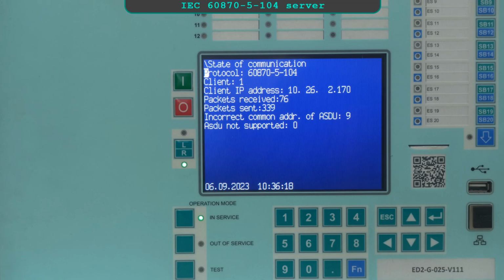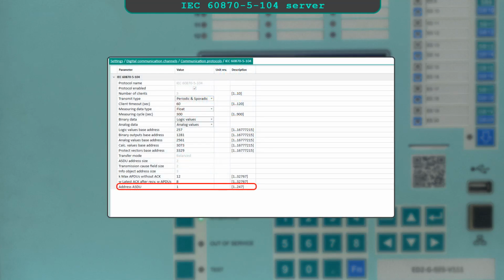TCP protocol. Incorrect common address of ASDU identifier is set as 1 if the ASDU general address over IEC 60870-5-104 protocol is set incorrectly. It is recommended to correct this address in the connected device or in the IED. Specify or change the ASDU general address in the settings of IEC